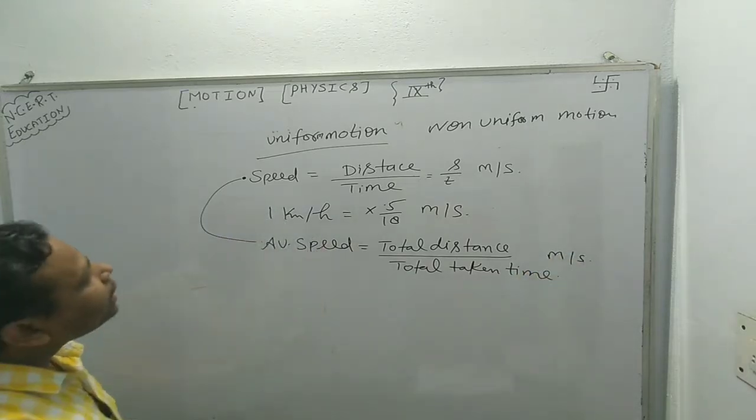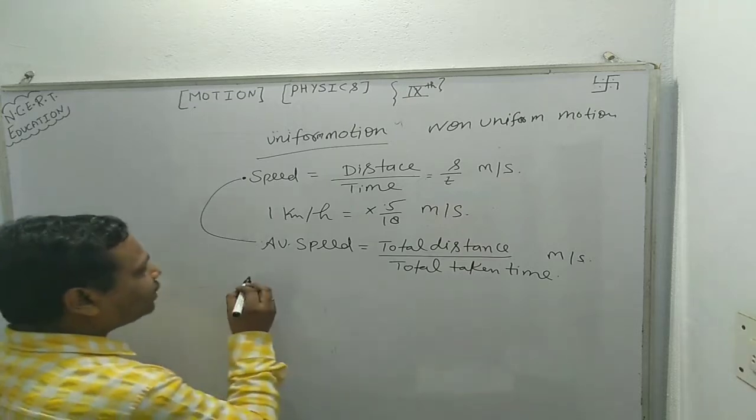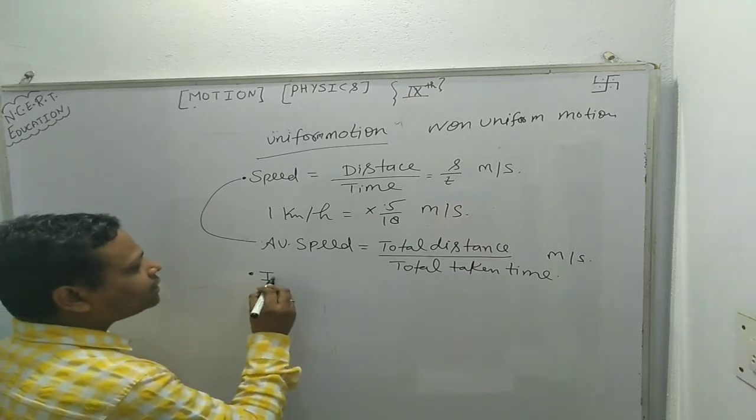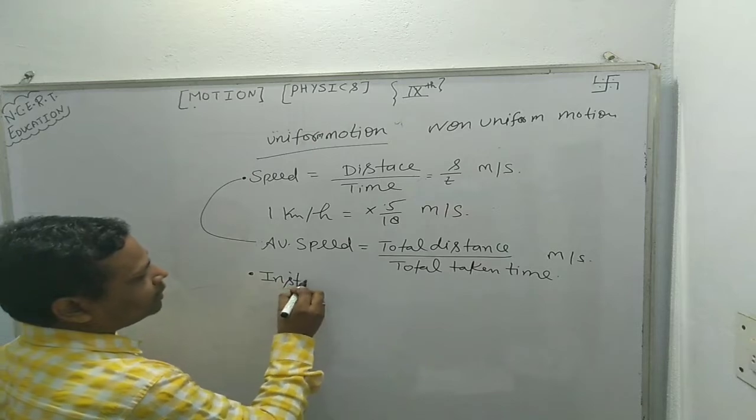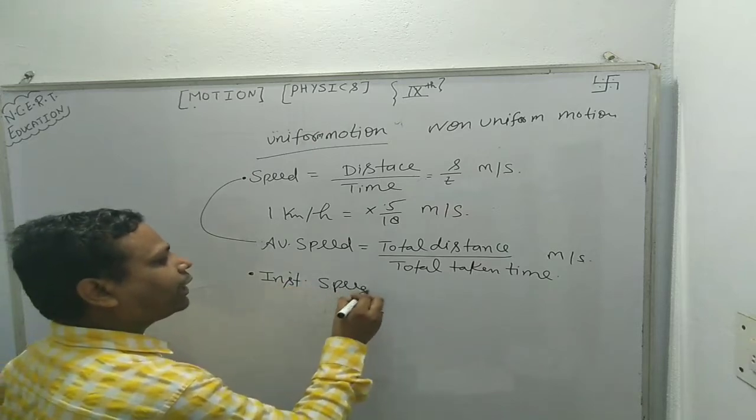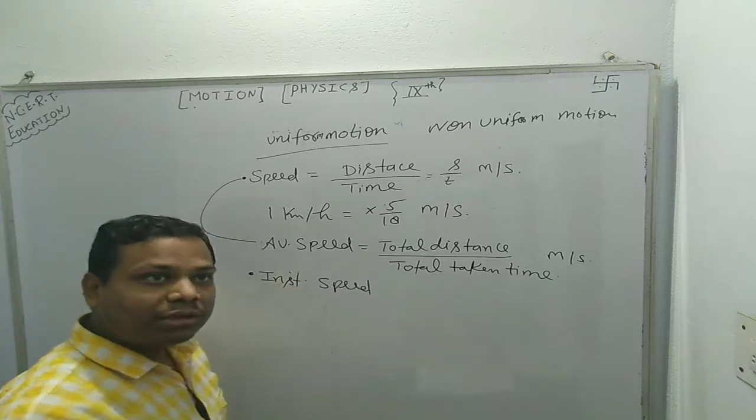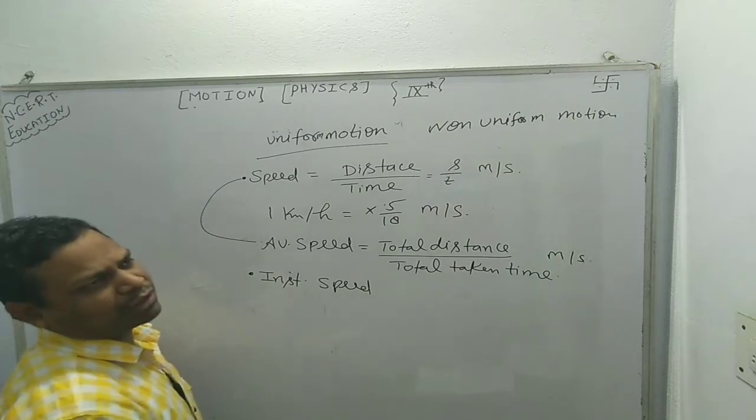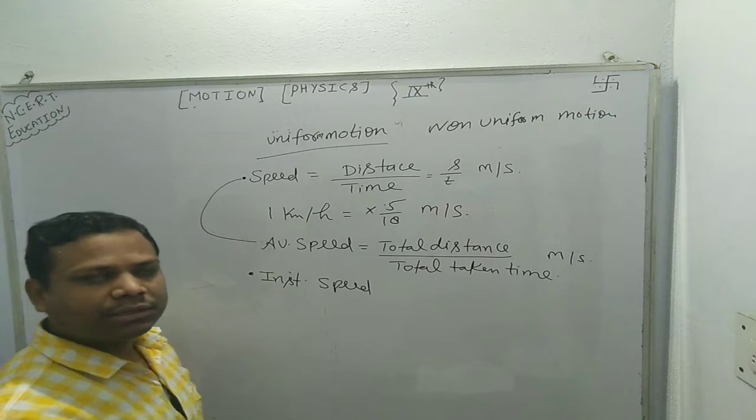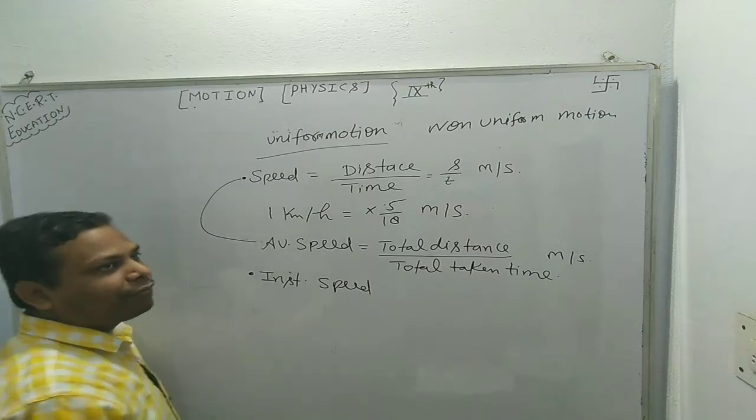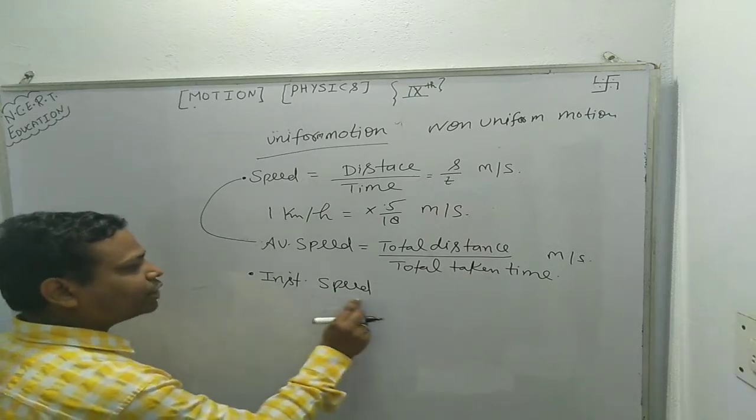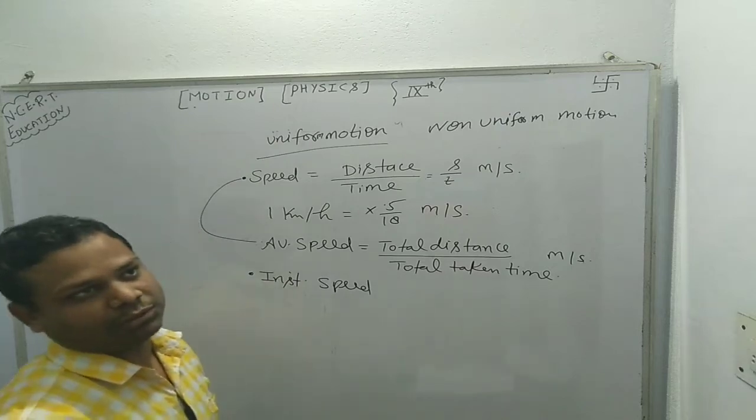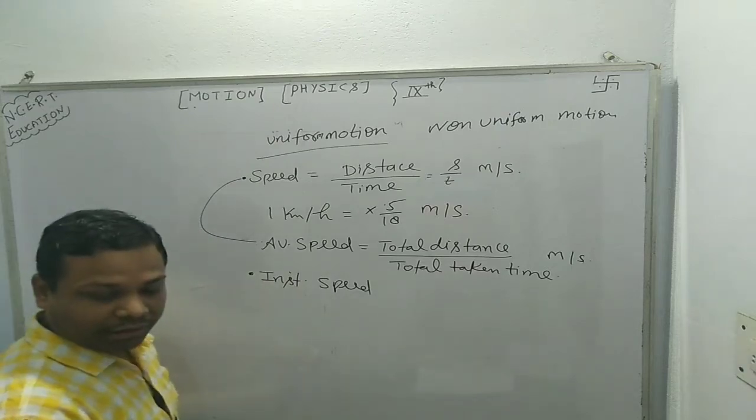Okay. In the next topic, instantaneous speed. It is the speed measured by the speedometer at a particular time. Suppose you need to measure the speed at the 4th second. This speed is known as instantaneous speed. Okay. In the next topic,